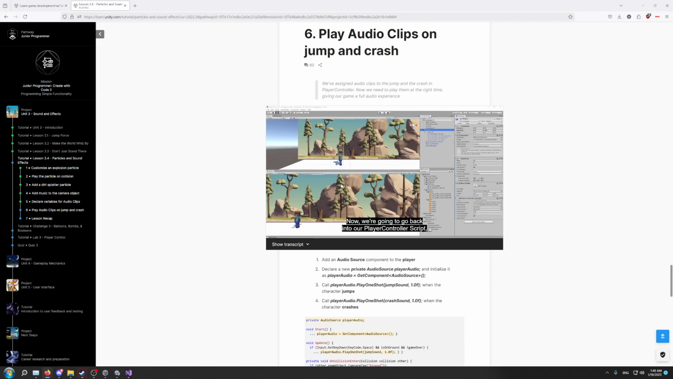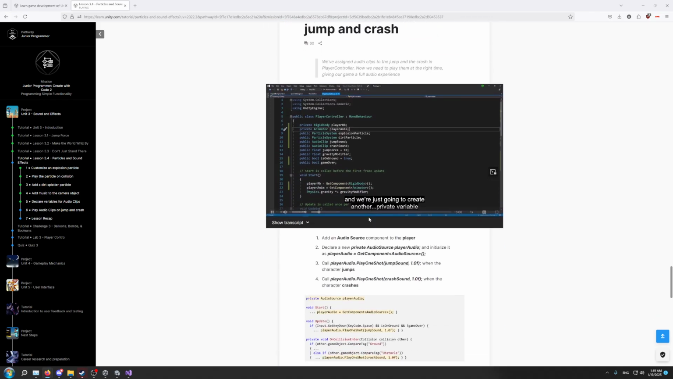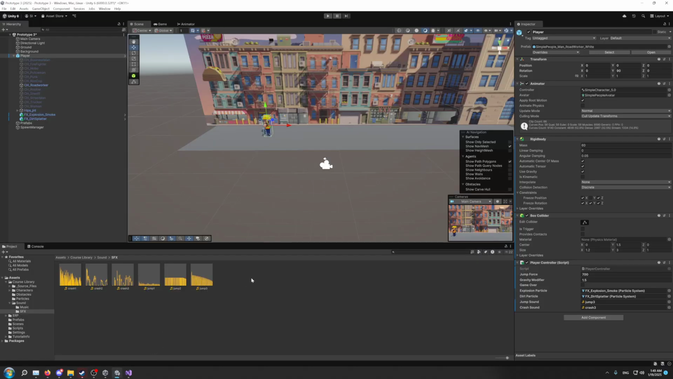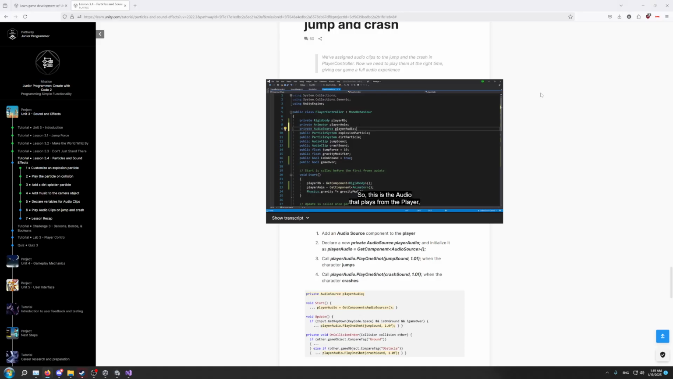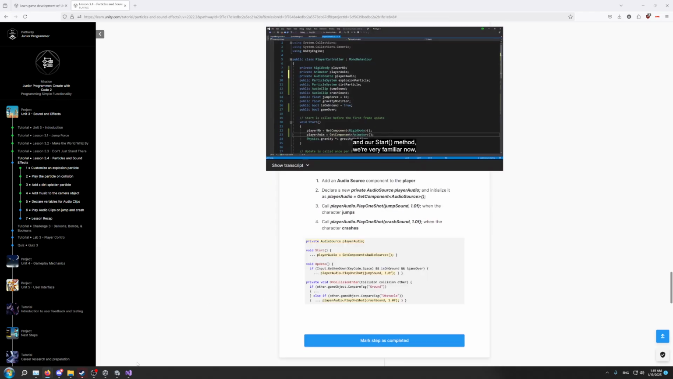Cool. So we've added our sounds for jumping and crashing, which is great. Now we're going to go back into our player controller script, and we're just going to create another private variable for our component. So this one will be this player audio. So this is the audio that plays from the player. In our start method, we're very familiar now. So we'll use our player audio variable,